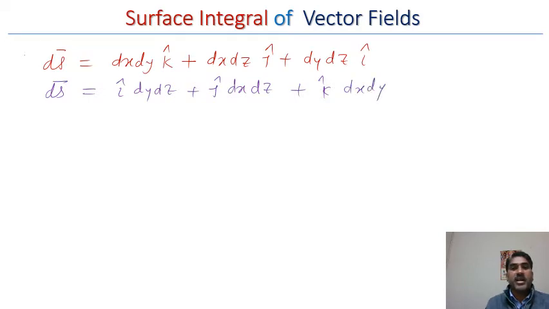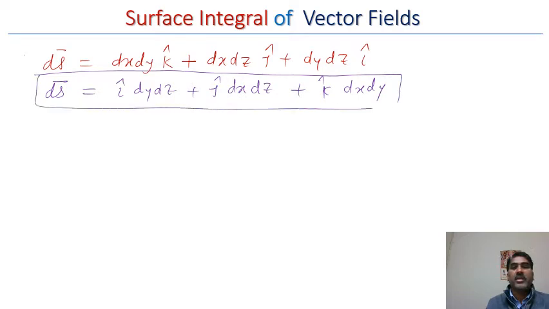So this is how we denote a surface vector, and now we will learn how to write the projection vectors